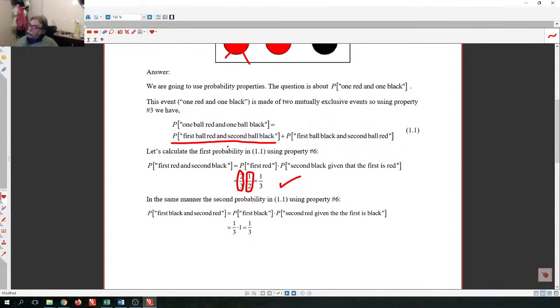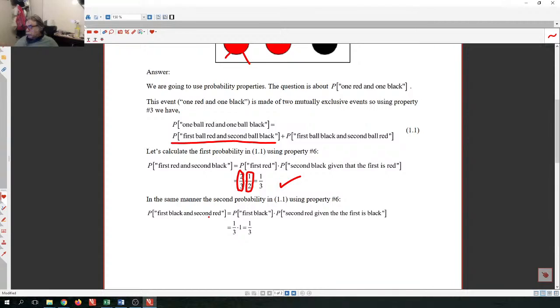Okay? Now I'm going to calculate the second probability in this sum: the first ball black and the second ball red. What's the chance of that? Again, I'm going to use property number 6. Property number 6 says